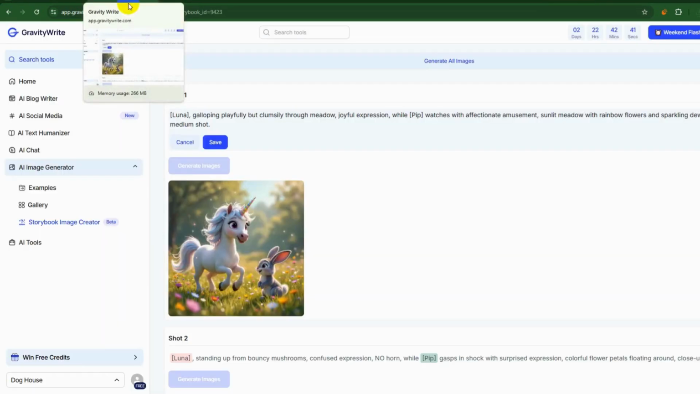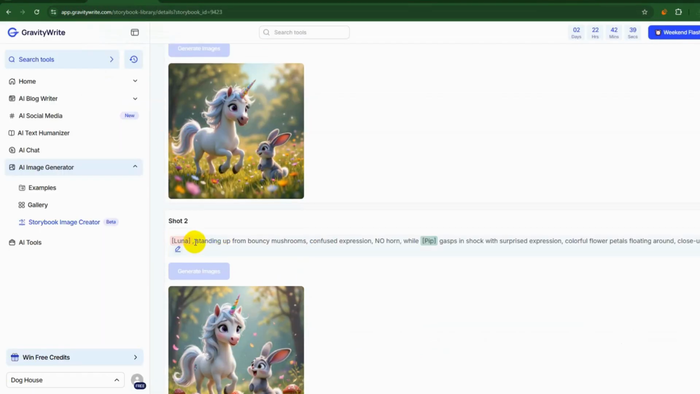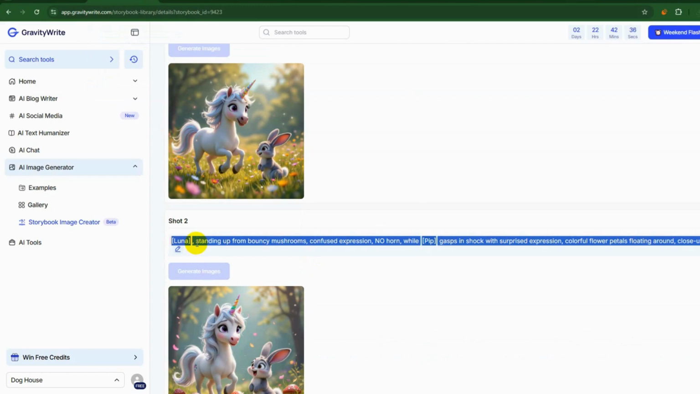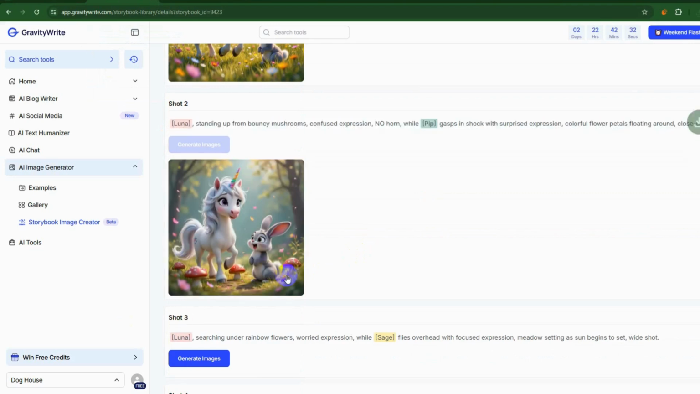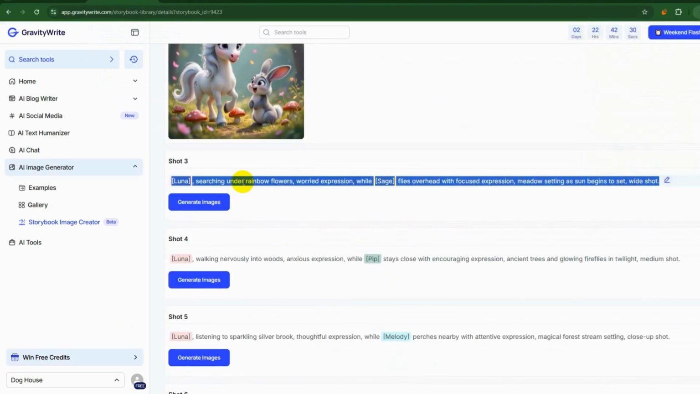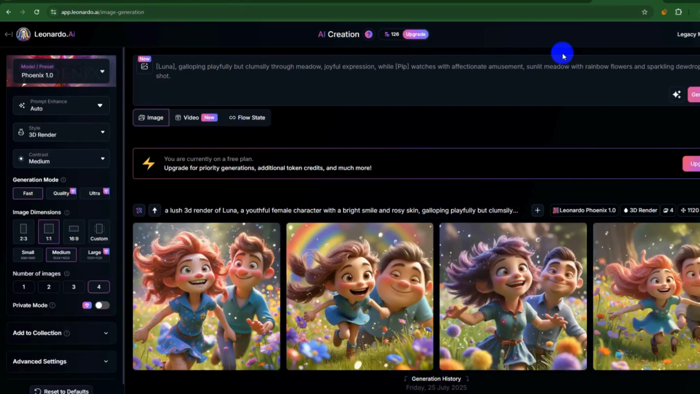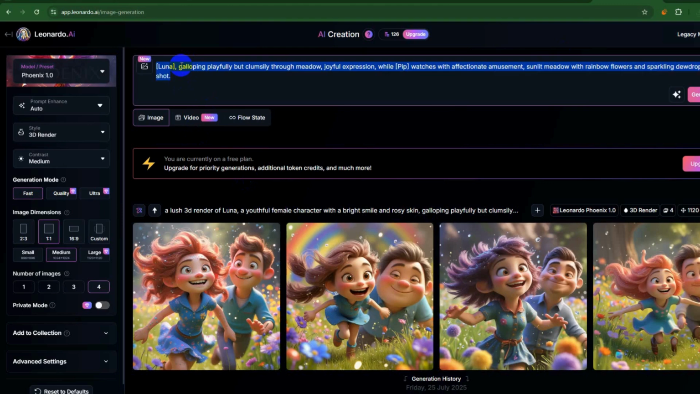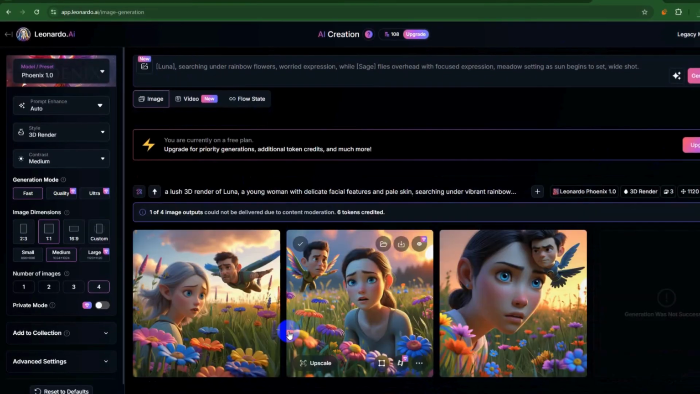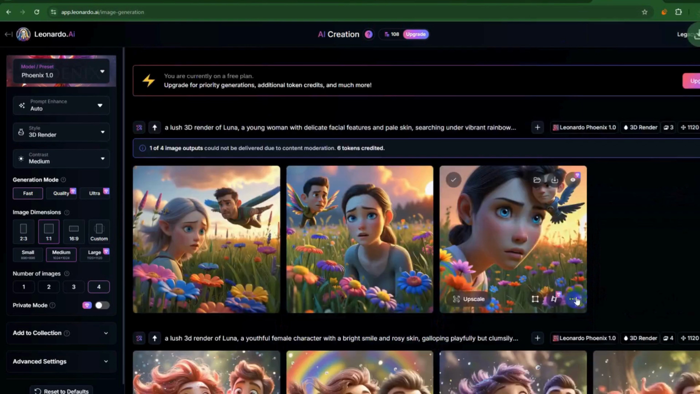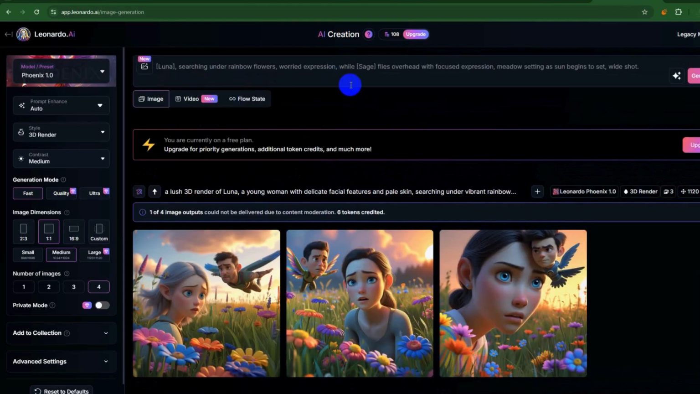Okay, then back to our prompts, then copy, or we can download it. Okay, then copy our next part and paste the command here, generate. So here are the pictures. We can download it from here and then